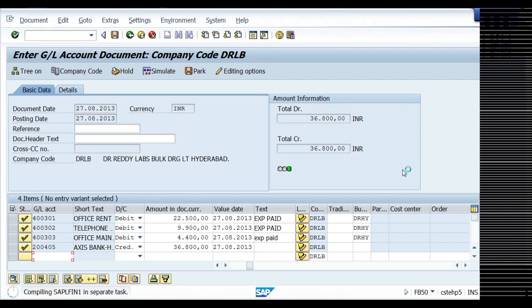Surprised? I think if it is the first time, it will take some time. But is it not the first time? Because we are posting in DRLB company code. Already it has been posted. Let's see the tamasha for some time. Did we change that?